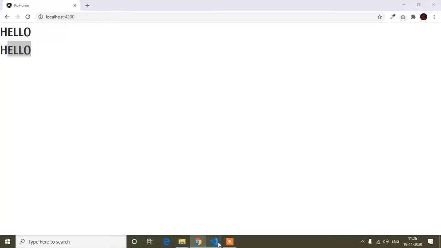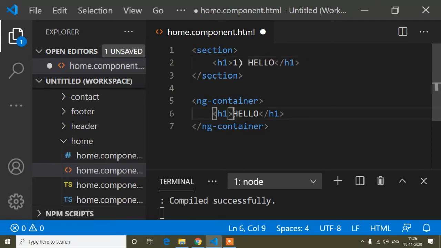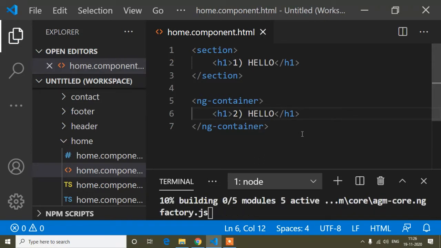To better understand, I will do one thing. In this section I will write 1, and inside this ng container I will write 2, so it will be clear which one is coming from the section and which one is coming from ng container.